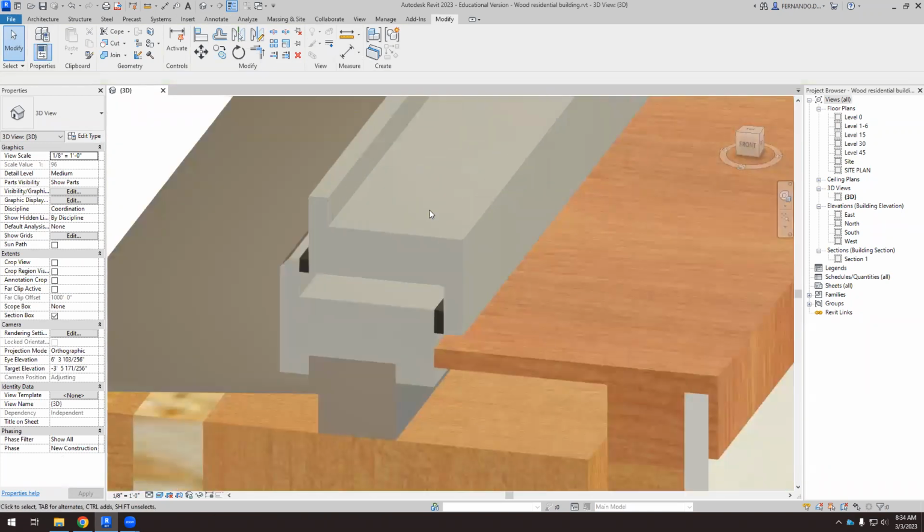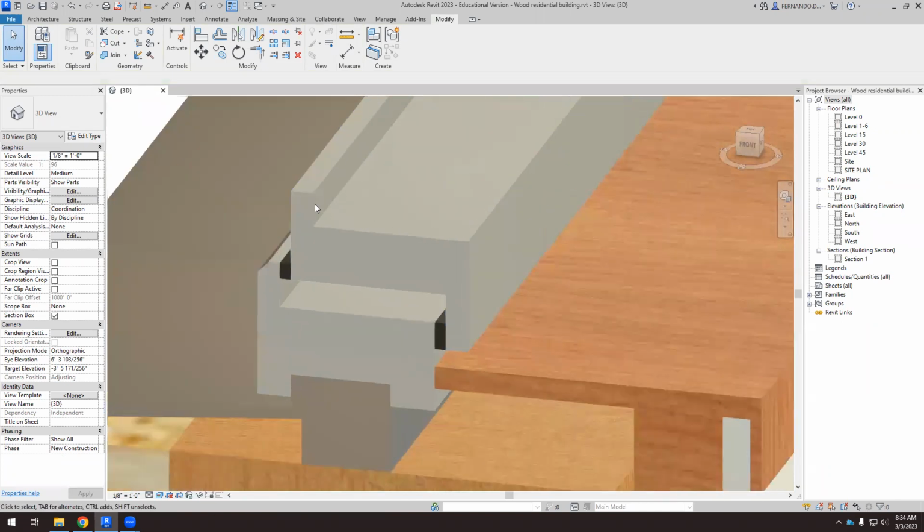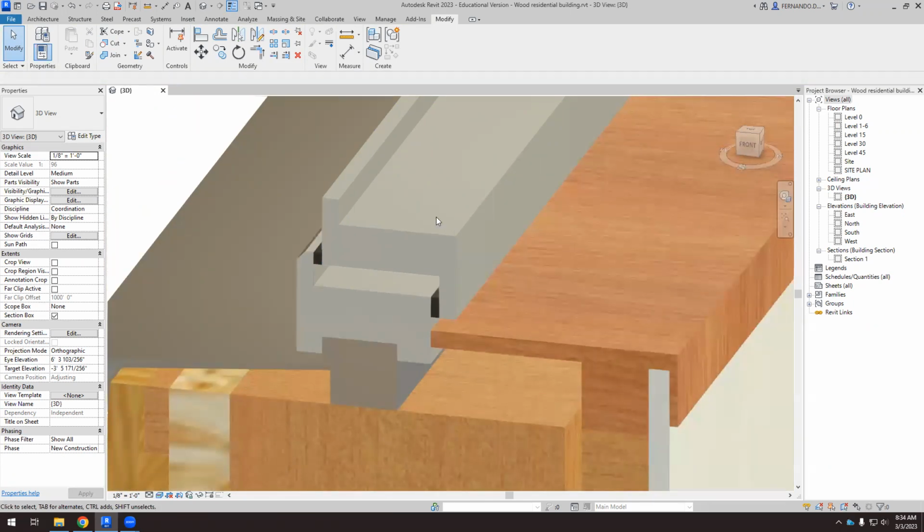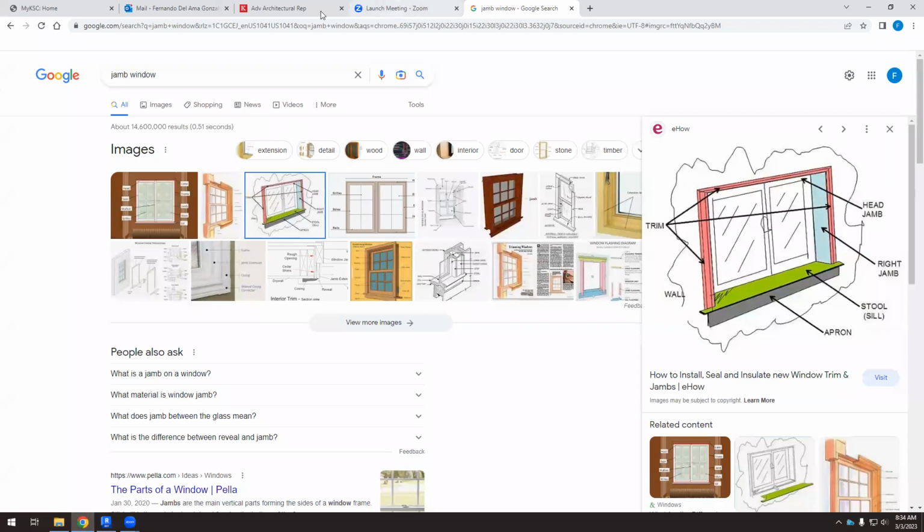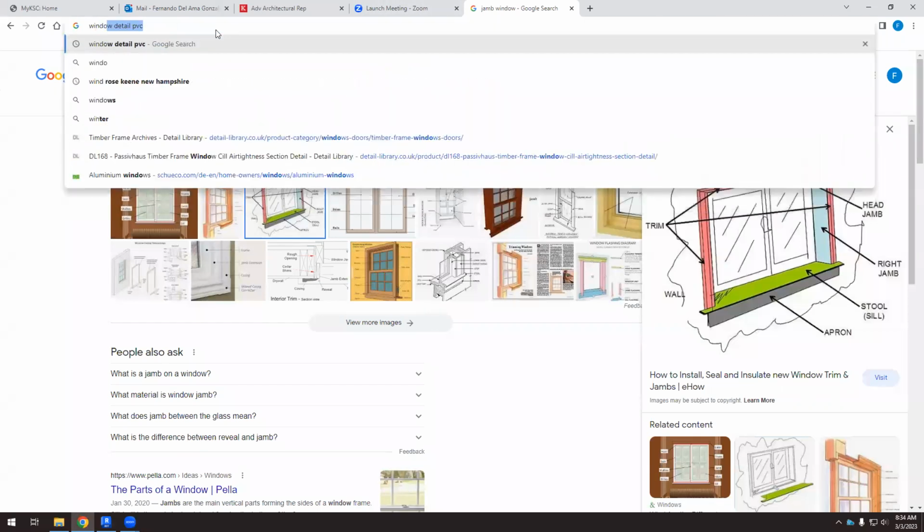And how does it work? The window, okay, so this is the frame. We need here something that it's movable, because if we have to replace the glass, we have to work inside the building, not outside the building. So this is fixed, but here, all these window profiles, they have something movable so that we can remove, and then we can replace the glass. If we go to window detail,